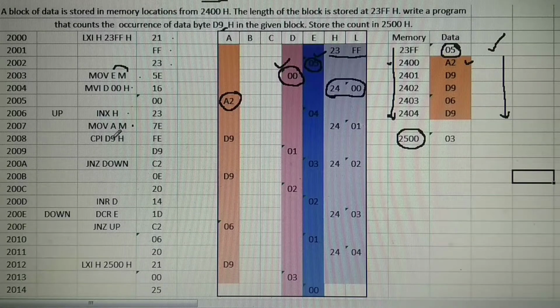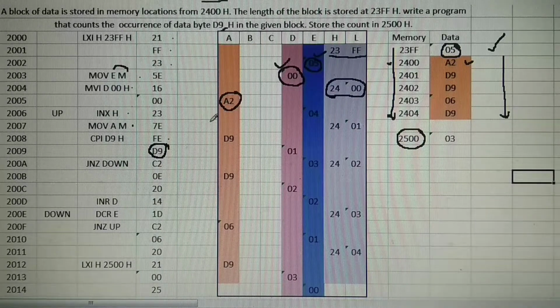Therefore, compare immediately with D9: the operation code and the number you have to compare with, D9. If both are equal, then the zero flag will be set. If both are not equal, then the zero flag will not be set.